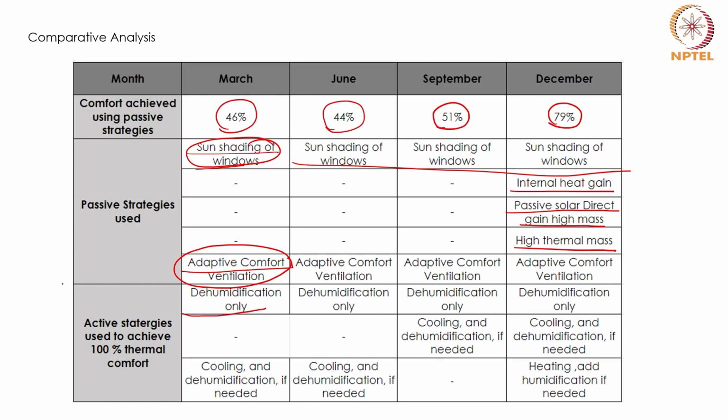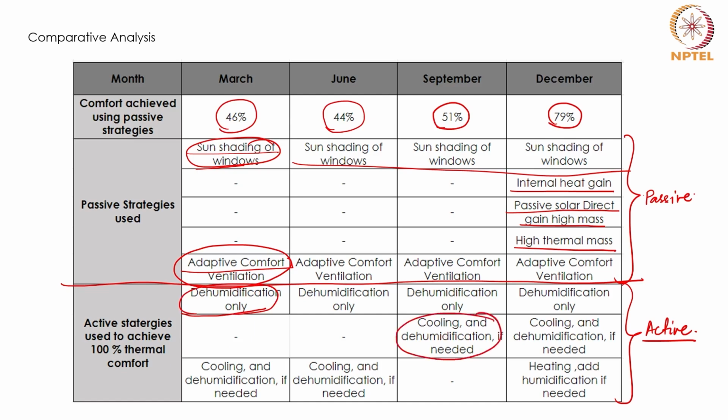Dehumidification is a strategy which is active in nature. So, till here is all passive strategy and this is active strategy. So, what active strategy are we using? Dehumidification alone is needed throughout the year, whereas during the months of September and December, there is some amount of dehumidification